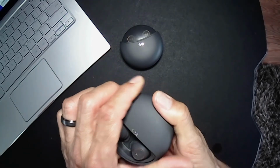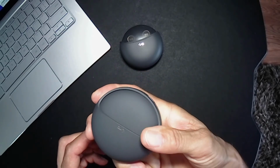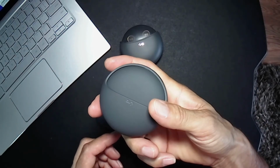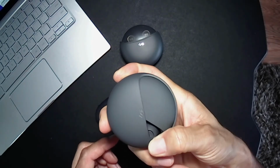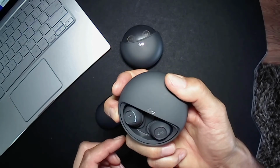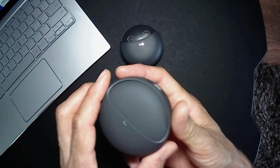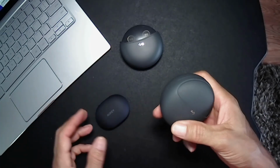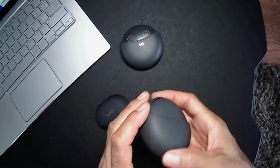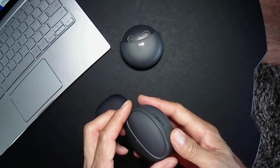You really can't open it. Well, I guess you can open it one-handed, but you really have to pay attention to what you're doing to make sure you're doing it. So I guess you can open it one-handed, but really you need to open it two-handed. It's like turning the cap of a bottle, really. But other than that, that's really the only dig I would put into these,